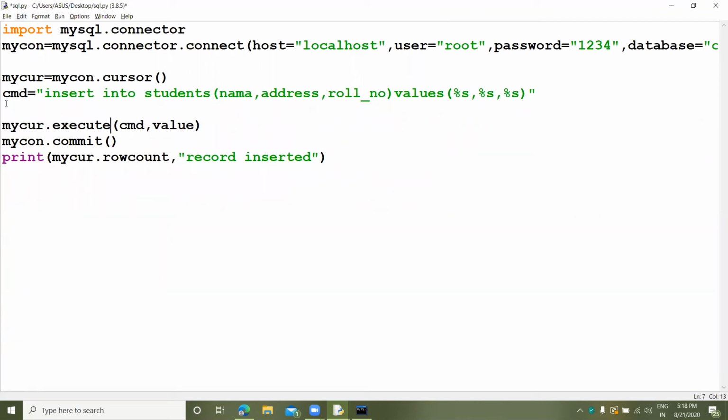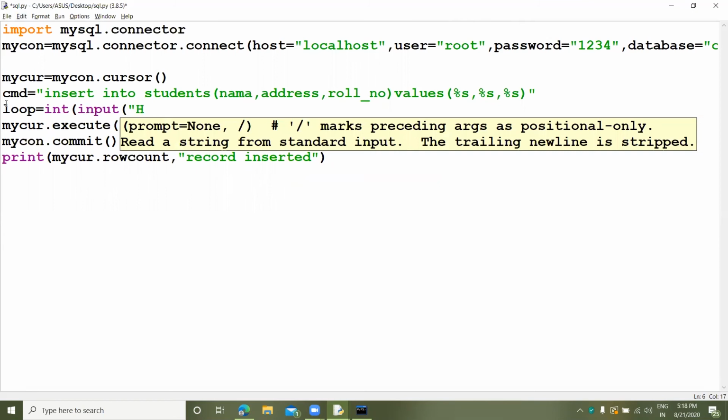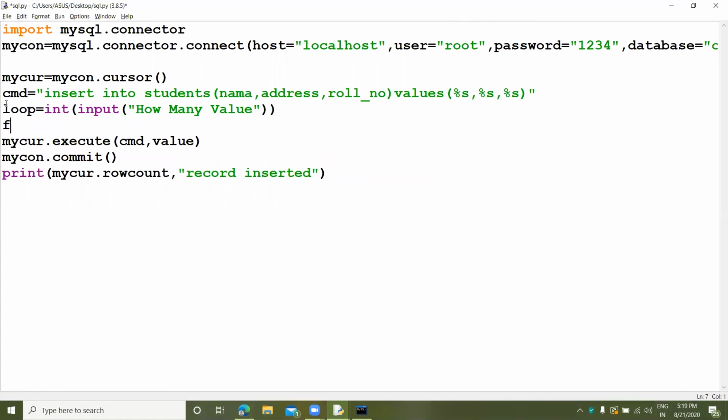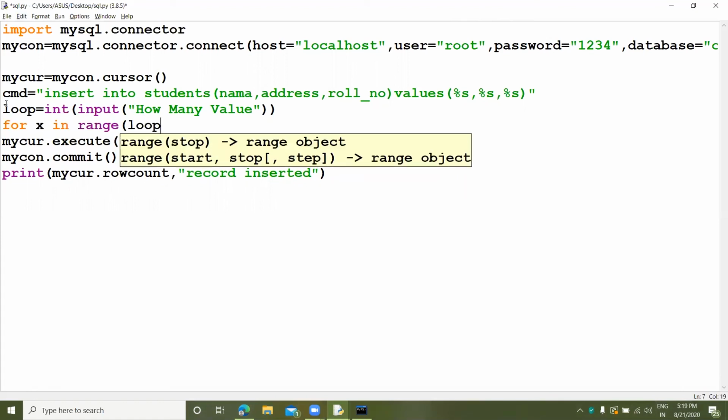I'm taking first a loop integer. It will take how many addresses, how many values. It will set the loop. So for x in range, so loop.